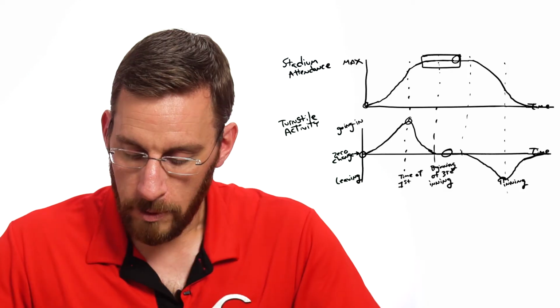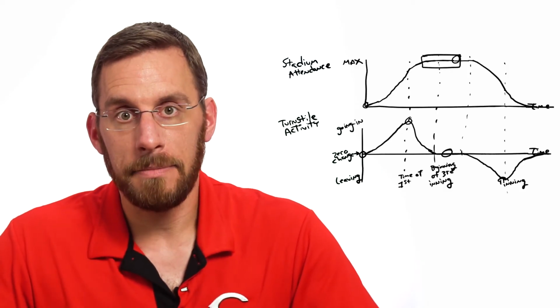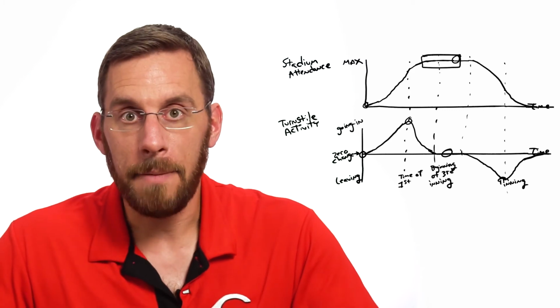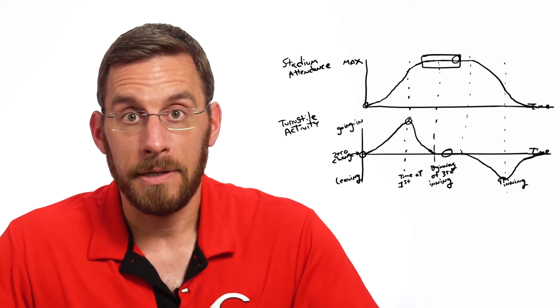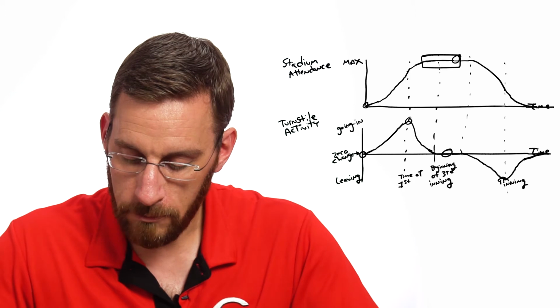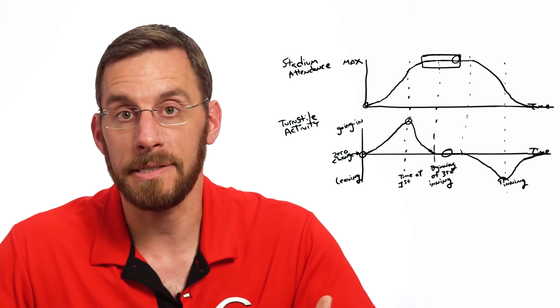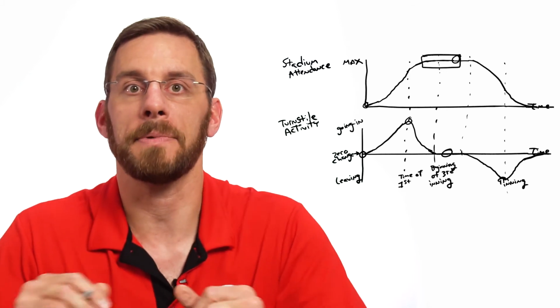Lastly, let's think about this in the world of machine tools and suppliers. We need to realize that these same types of events occur in the business cycle. And what happens is oftentimes suppliers are focusing on when we're crossing the zero line. They're waiting for everything to be as great as it's going to be when that stadium's at maximum capacity. But the problem with that is that it's too late.